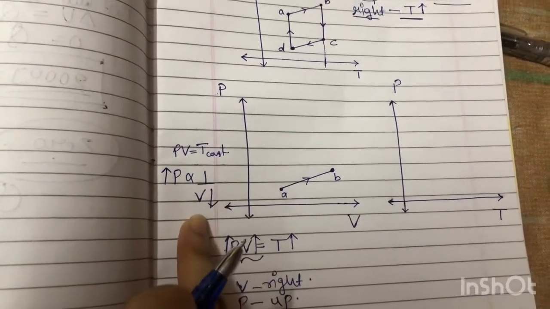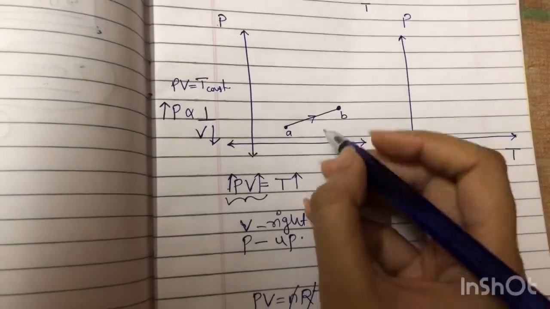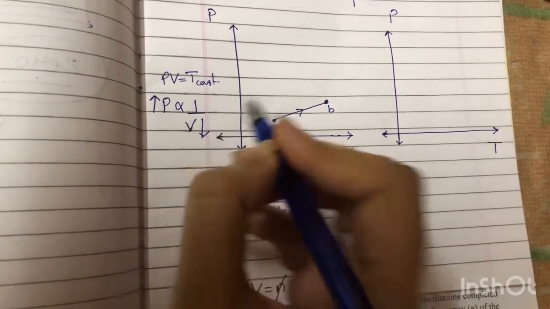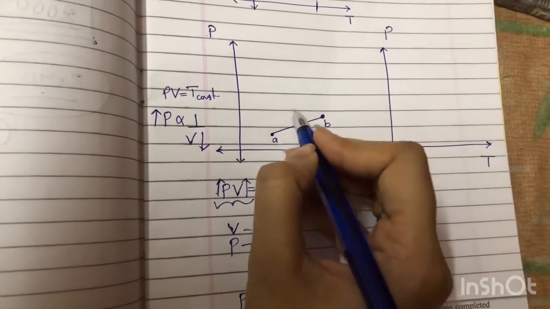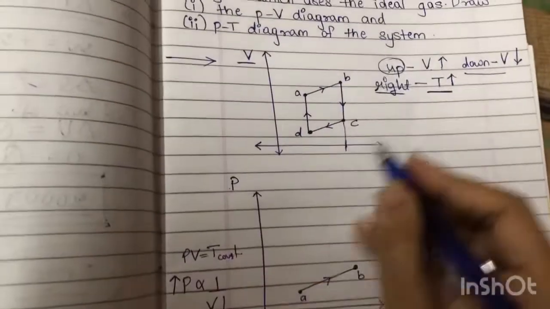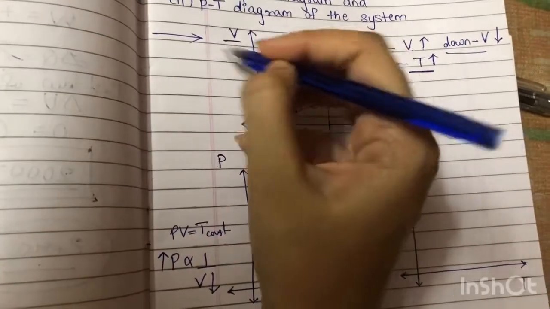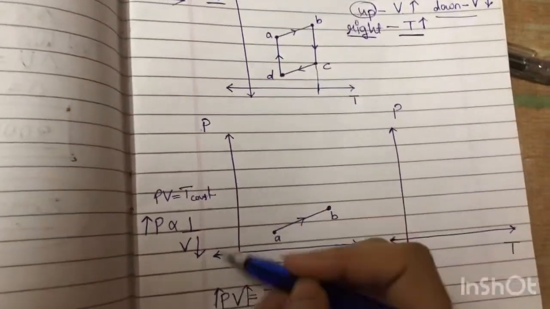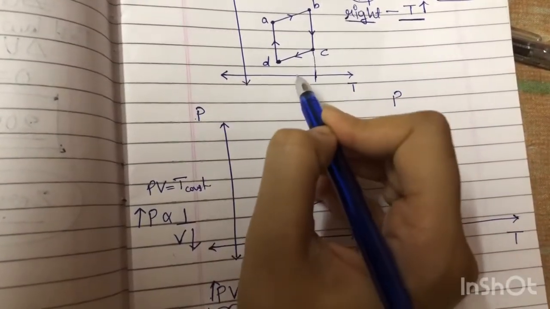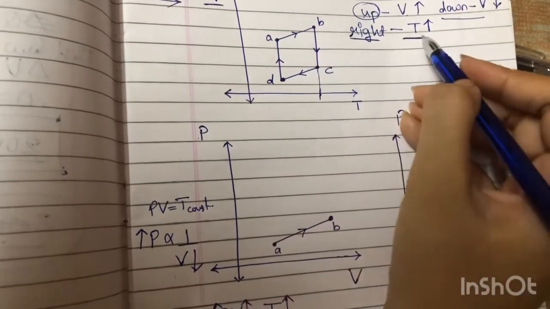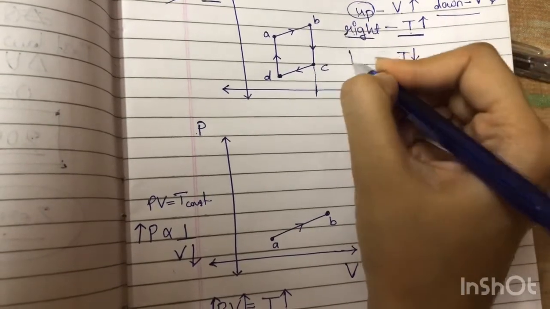Now if I want to show a decrease in volume, just understand what I am trying to explain. Decrease in volume means the graph will move towards the left-hand side. Notice the axis. Here my volume is on the x-axis, and in the earlier graph temperature is on the x-axis. If I want to show a decrease in temperature, where will I move it? Increase in temperature is to the right-hand side, decrease in temperature should be left.